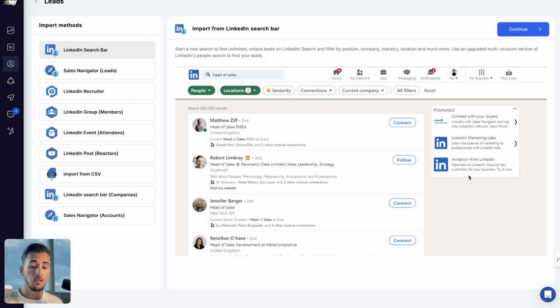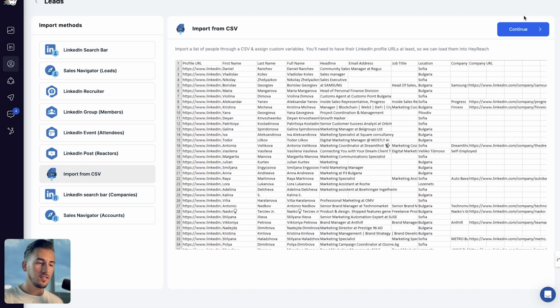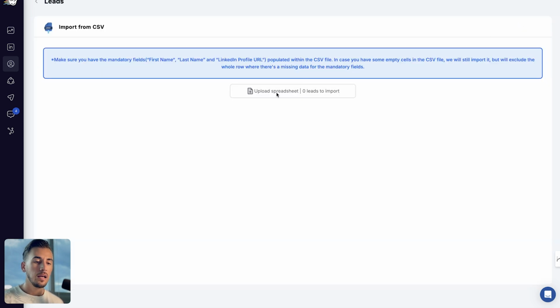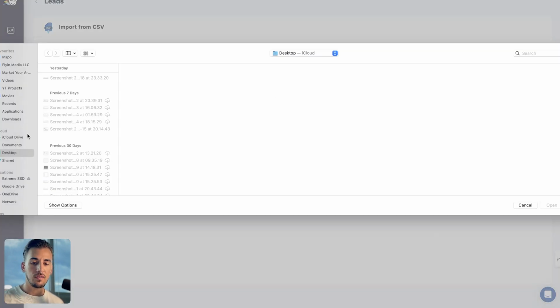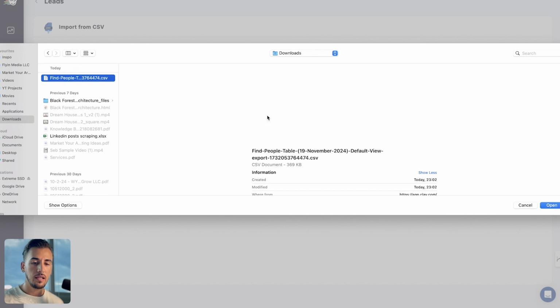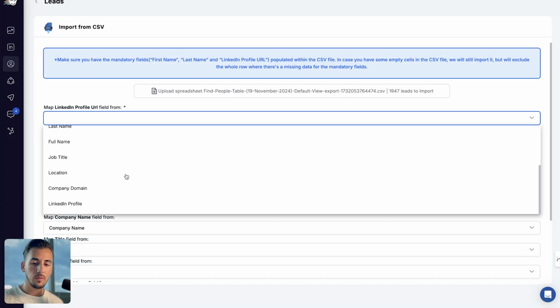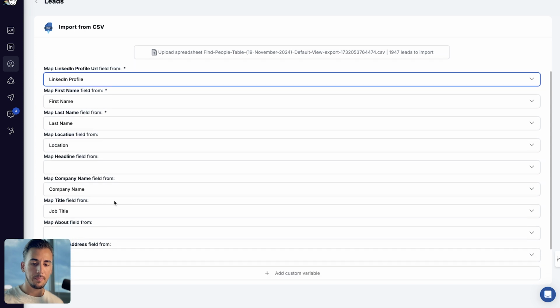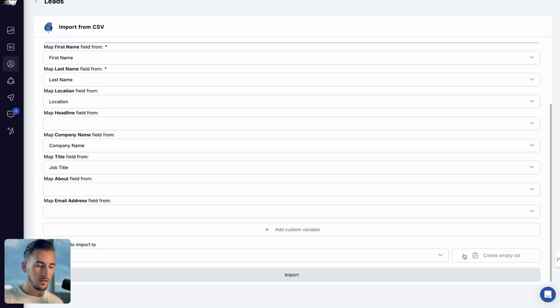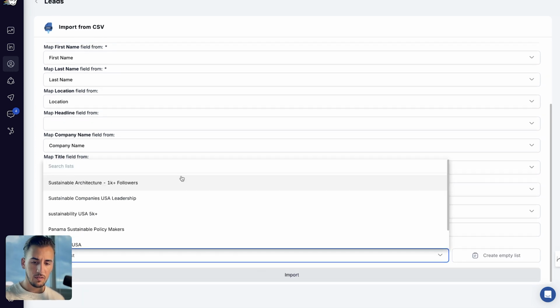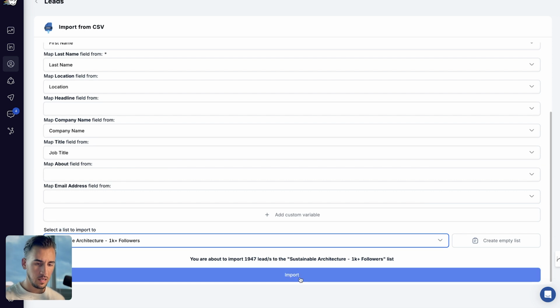So in this tool, it gives you another bunch of options to add new leads, right? Depending on your Sales Navigator license, you'll be able to find leads through Sales Navigator. Our option is going to be super simple. We're just going to select the CSV. We're going to click that, and we're going to upload all of these leads that we just downloaded here in the spreadsheet. We're going to click open, put them in. We're going to map the LinkedIn URL. So LinkedIn profile, first name, last name, location, looks great. Okay, select the list. There we go. And we're going to click import.